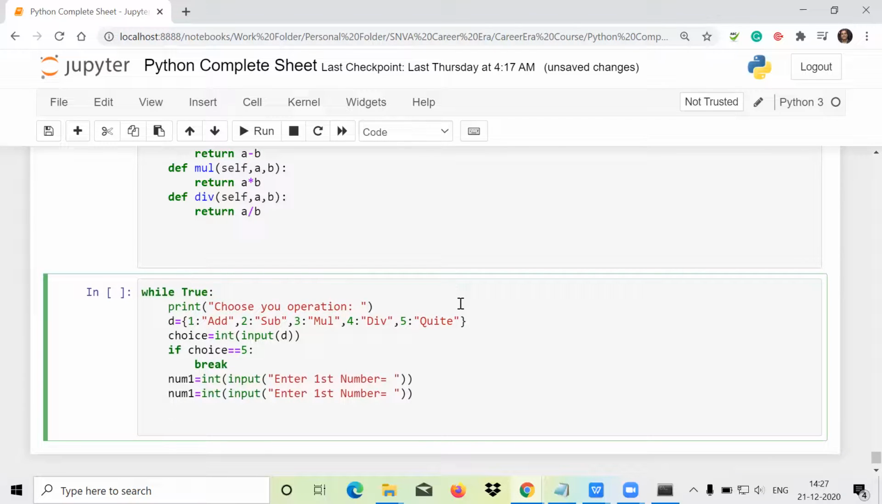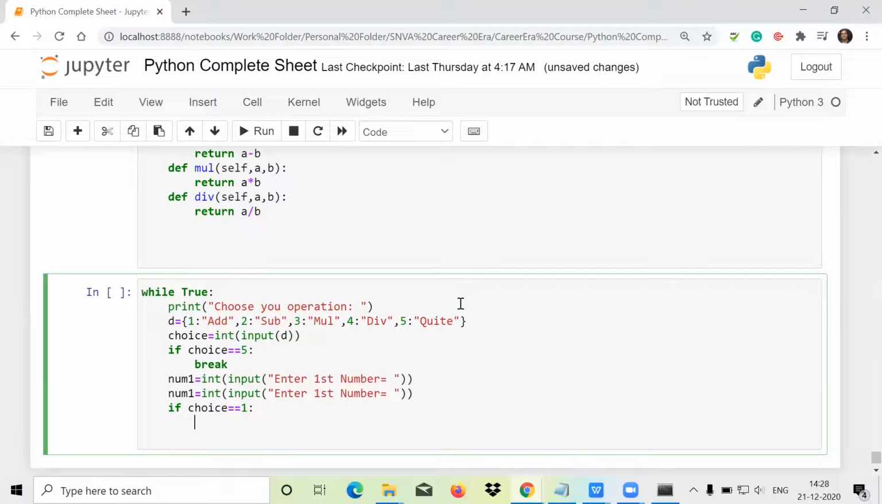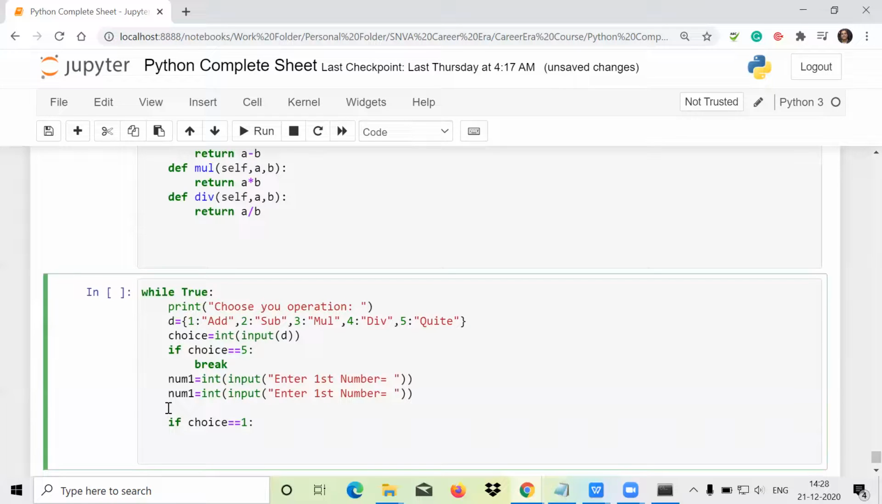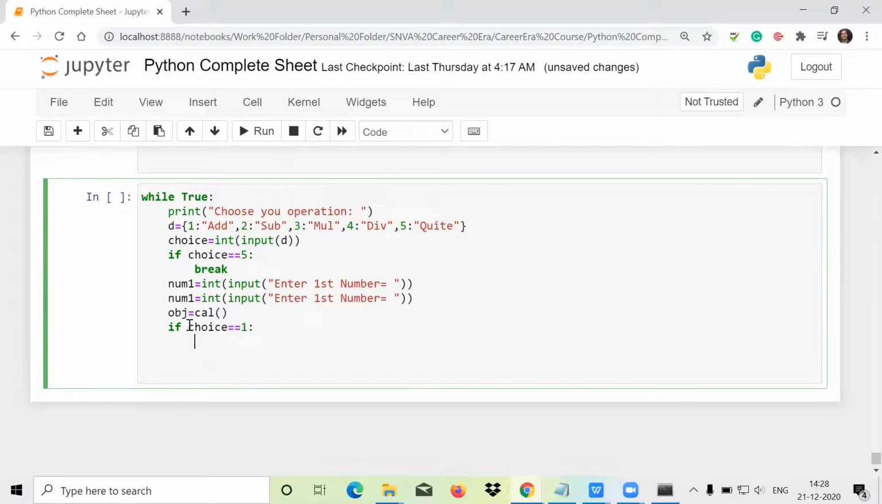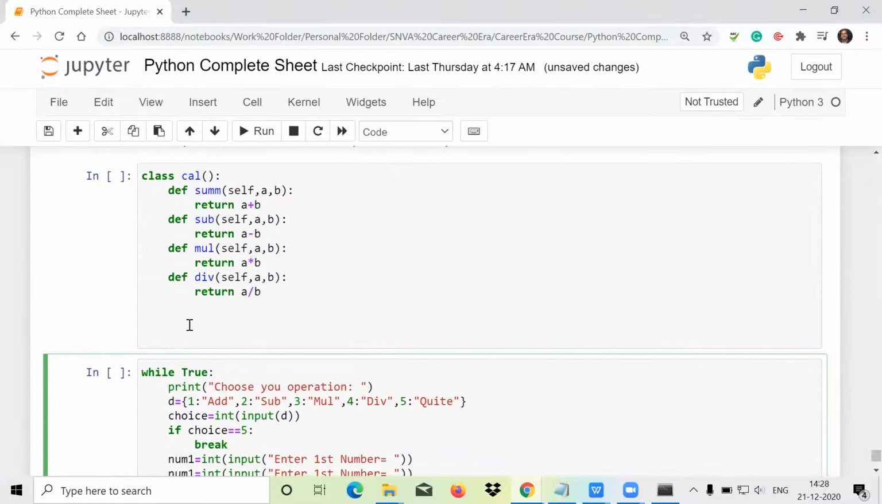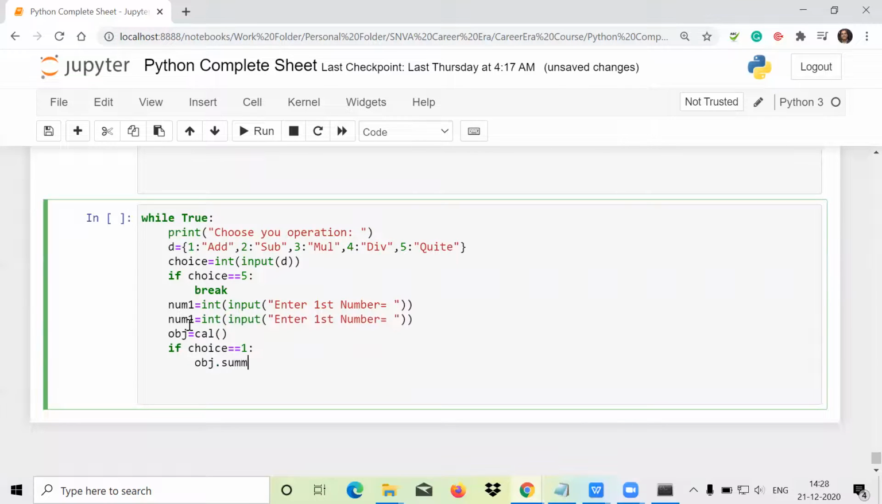Okay, if choice is equal to 1, I will do something, and that something is addition. So again, before this I should have an object of the class. So let's have an object equal to cal, the class name, so I will write cal like this. Now I have an object, and after this I will call object dot, first is addition, and let's say its name is sum. So I will call sum, and definitely have to pass the numbers. So number 1,